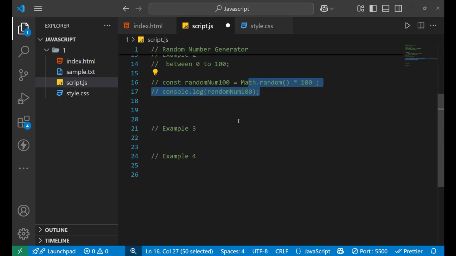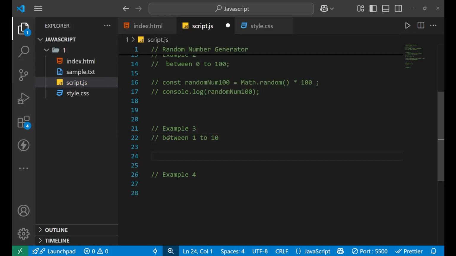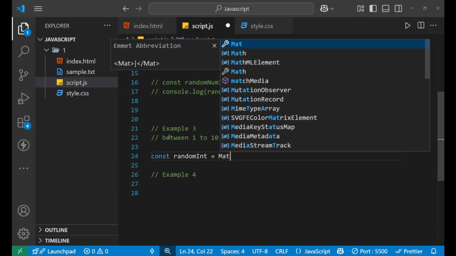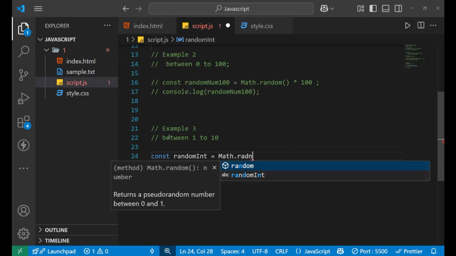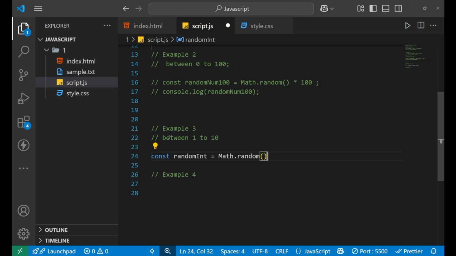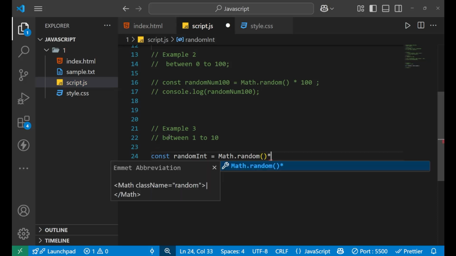Let's comment this also. Now let's move to our third example: if I want to get a number between 1 and 10, what will we do? For that, it is very simple. We will create a variable, const randomInt equals to, and inside of this I will write Math.random with brackets, and then I will multiply this number by 10.